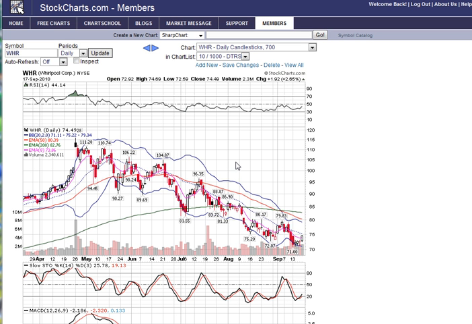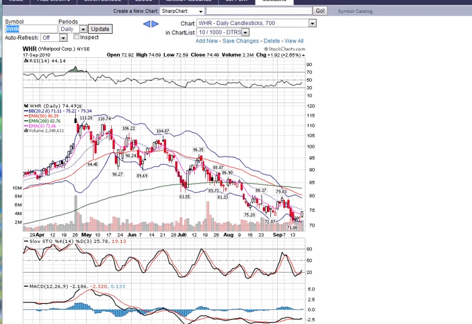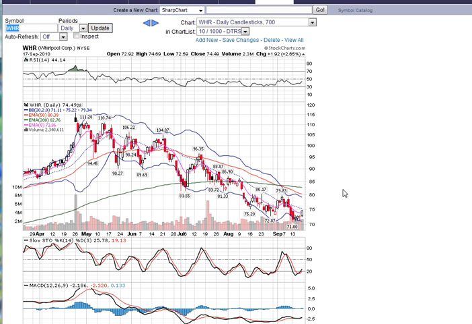Okay, Johnny is in Whirlpool, and just the last week or two, I heard him get into some 80 strikes, I believe, believing that this upper trend line would be met. Okay, and it very well may be. If you know Bollinger Bands